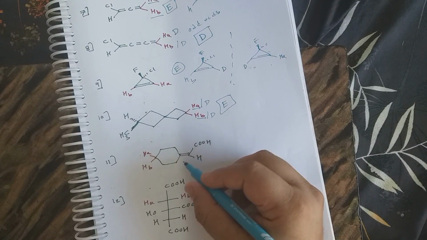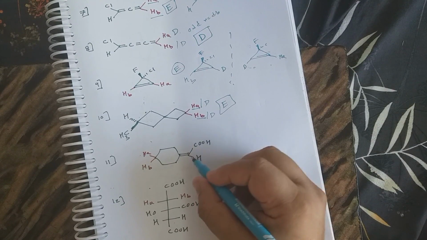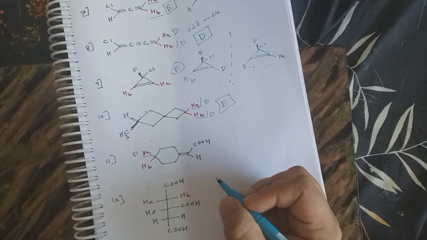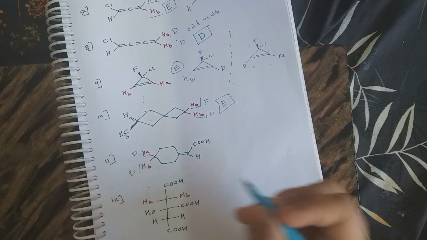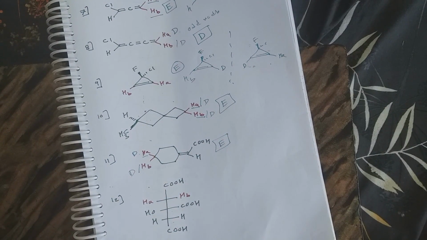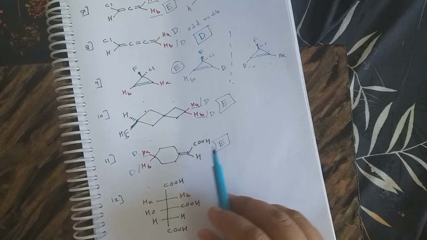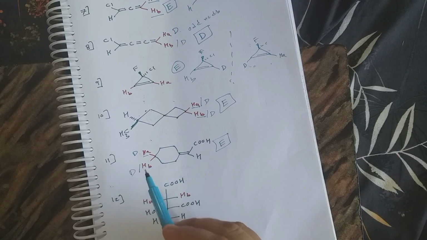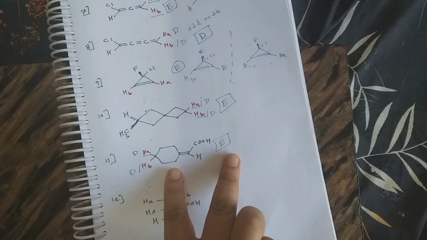This is a cycloalkylidene alkane compound, also known as hemispiran. Here, if you replace this Ha with deuterium one time, and then Hb with deuterium, again you will get an enantiomeric relationship. Whatever I am saying now, you can also confirm from symmetry criteria. You have to replace this deuterium, then this deuterium, or just invert it.